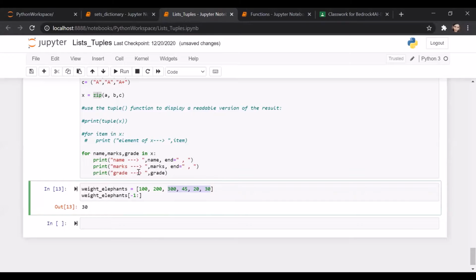So if I'm reading in the reverse order, this is index -1, this is -2, this is -3, this is -4, -5, and -6. So what should I provide here? -1 to -5. -1. If I provide -4 here, what would it print?